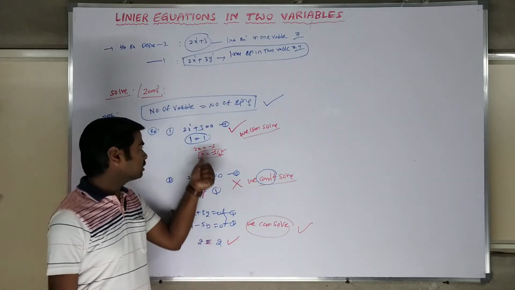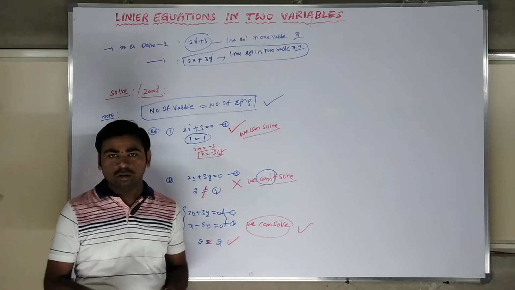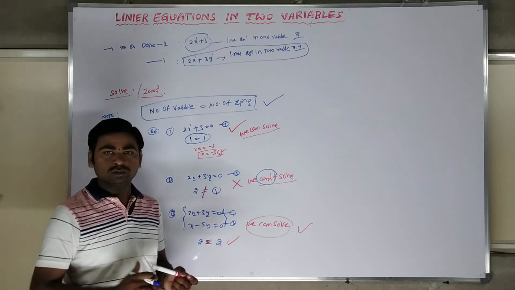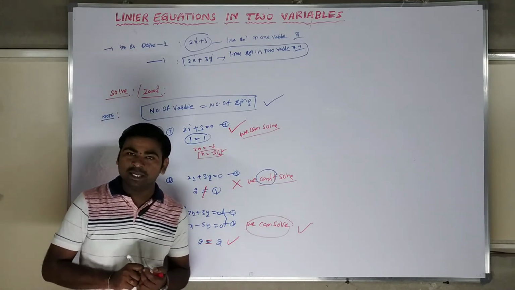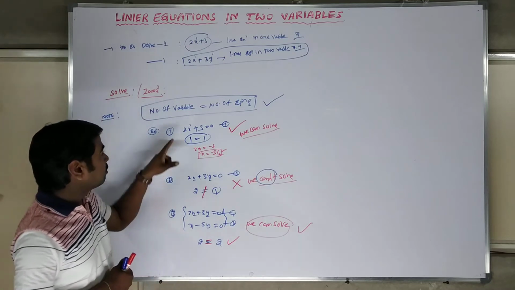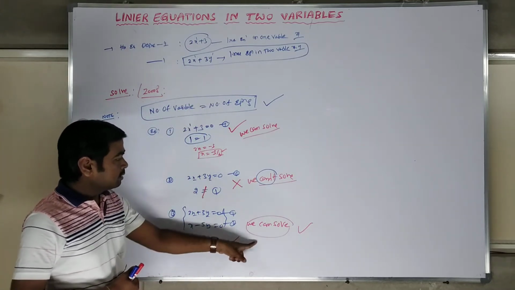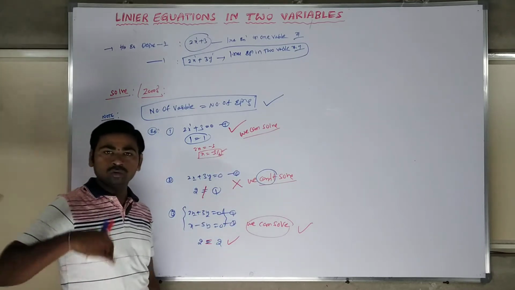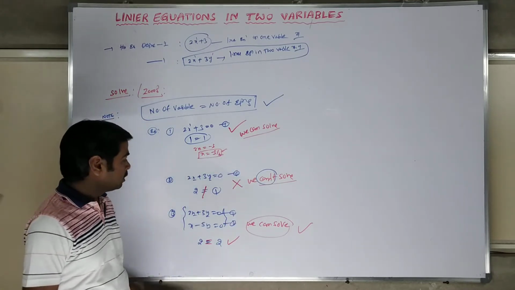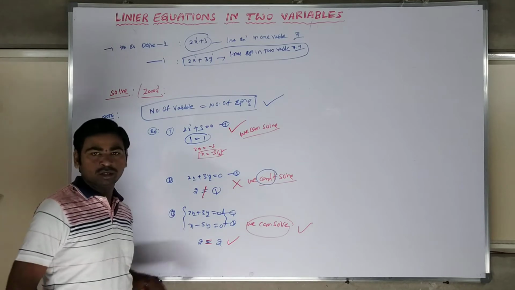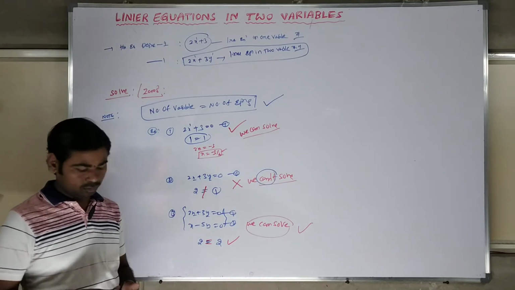We don't have a direct method like before. We have a number of methods that I will explain. First of all, the basic condition for whether solving is possible is that the number of equations is equal to the number of variables. If it is satisfied, then we can solve. For solving two equations in two variables, we have two or three approaches.